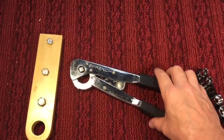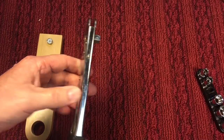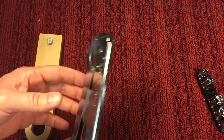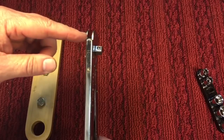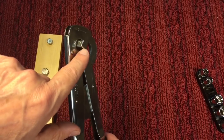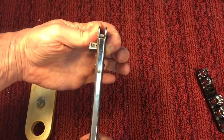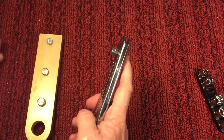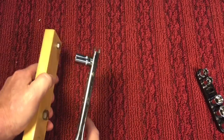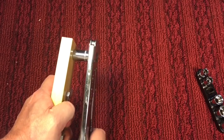Now, the basic premise behind these wrenches is that if you are in a tight area and you need to take out a screw or a nut, and we've all been in that situation more or less. This one has a sliding 3/8 inch square. If it's on the right side, it's to tighten. If you want it to loosen, you just push that over to the left side. Then you take your socket, place it on there, and as I squeeze it, it'll loosen